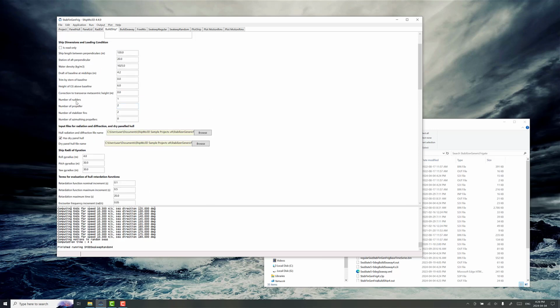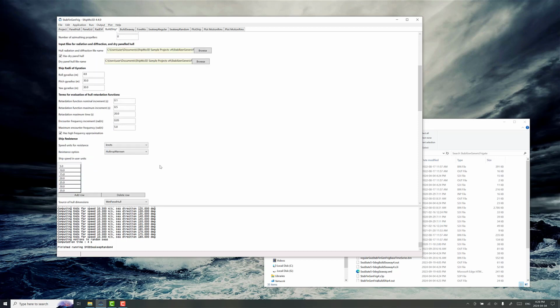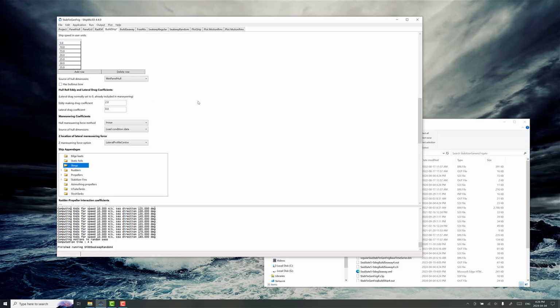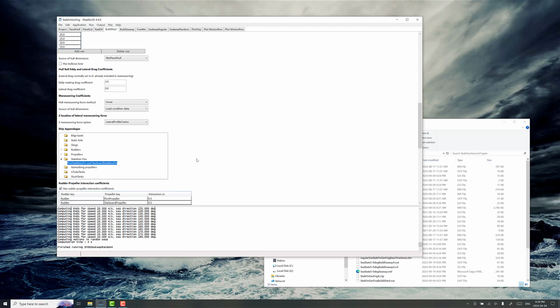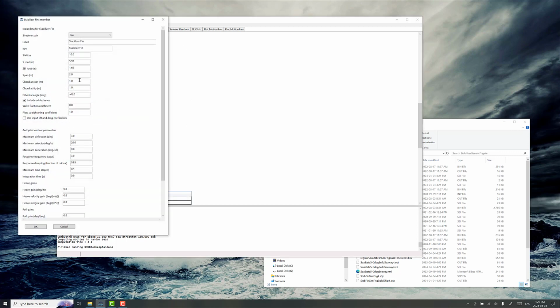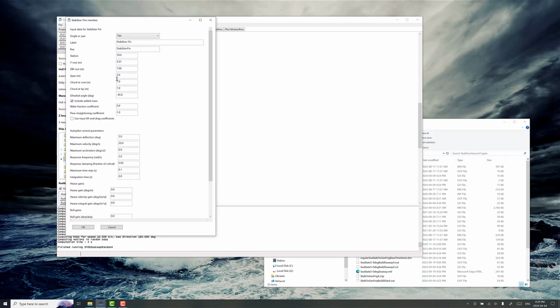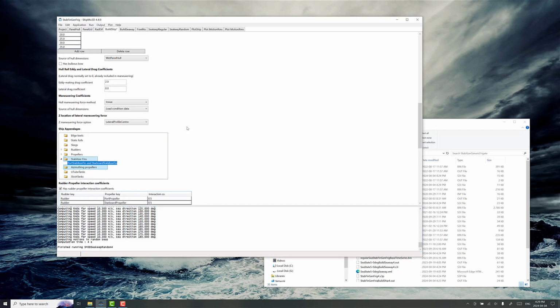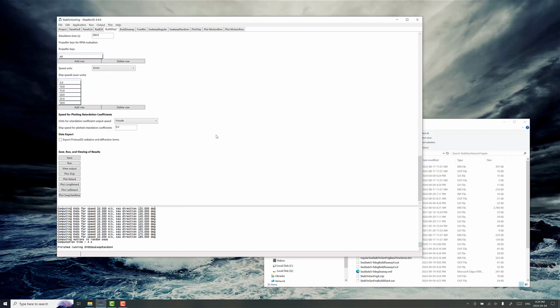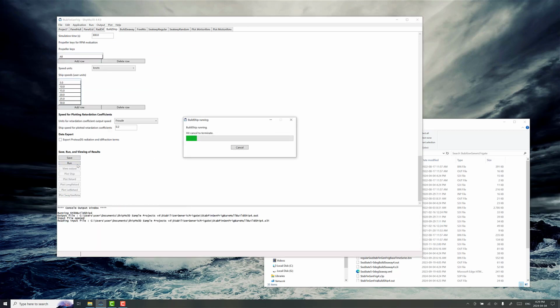Now, one thing to note here, you can't delete the rudder or the propeller or necessarily the stabilizer fins, because those are project settings, and for safety reasons, to make sure you've got the right model set up, you have to be careful about what you're doing with that, and you won't necessarily be able to run the ship model. What you could do, though, as a simplification, is just say the span is 0.01, essentially nothing. It won't have much of any kind of area, and there you go. So now when I run this,